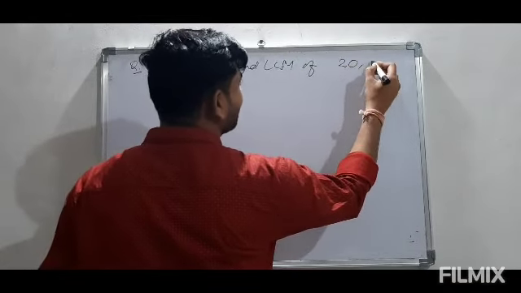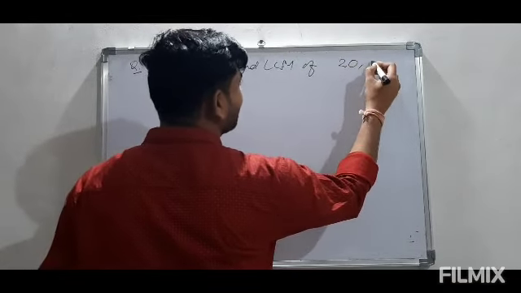HCF के लिए हम ऐसा फैक्टर देखते हैं जो दोनों नंबर में अवेलेबल हो. जैसे यहाँ पर हम देख सकते हैं 5 है, इसमें सबसे मिनिमम पावर जो कॉमन है वो है 1, इसलिए HCF ऑफ 20 and 25 is 5. बट LCM निकालने के लिए हमको ये देखना है कि जितने भी नंबर दिए गए हैं क्वेश्चन में उनके फैक्टर्स में कितने अलग अलग फैक्टर्स आए हैं. यहाँ पर सिर्फ 2 ही फैक्टर हैं, 2 and 5, और यहाँ पर भी 5.